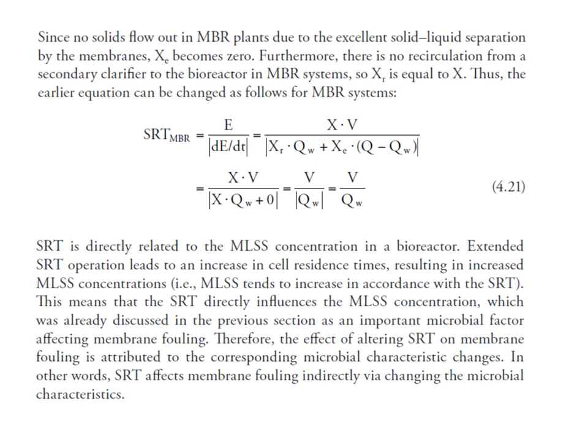However, in MBR systems, as you know, this is a complete, perfect barrier for microbial cells, so we don't actually have any kind of solid flow in MBR plants. So we can change this equation by ignoring this part,